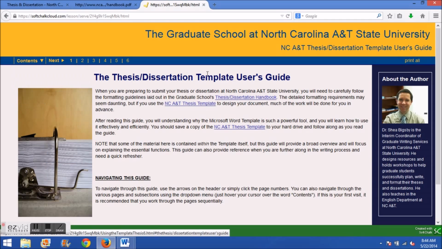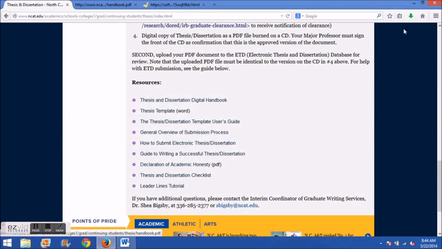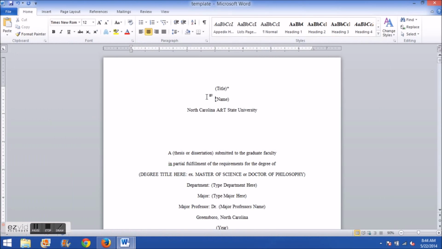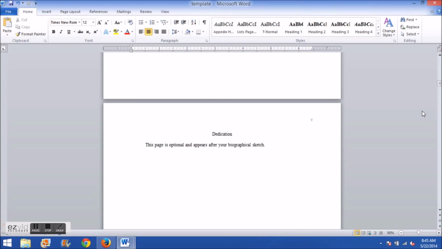Okay, so let's say you download the template to your computer. I've pulled up a copy right here. One suggestion I would make right from the get-go is that you save a blank copy of the template. In other words, an untouched copy that's just for reference. And the reason for that is, as you will see when you go into the text itself, beginning on page 2 in chapter 1 of the template